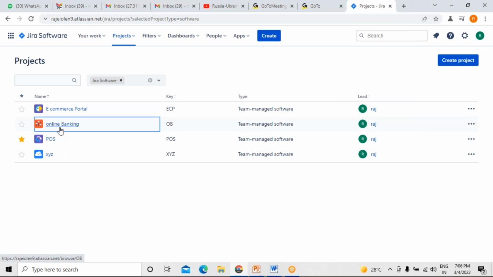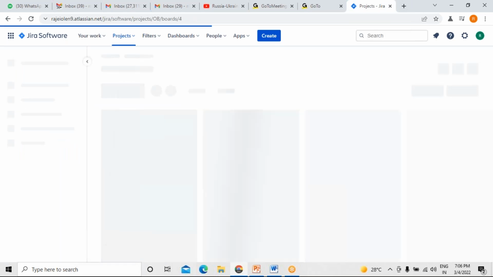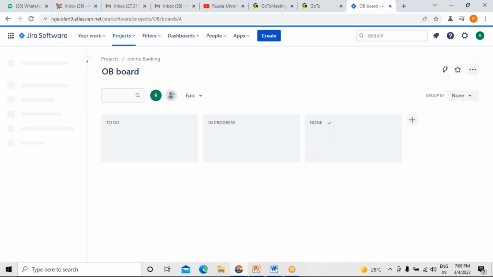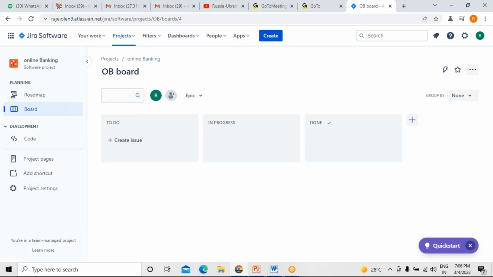One is about the Jira which is being used by, I can say, four different people. Let me explain who are going to use it. First of all, Jira is a tool which is normally used by four different people.